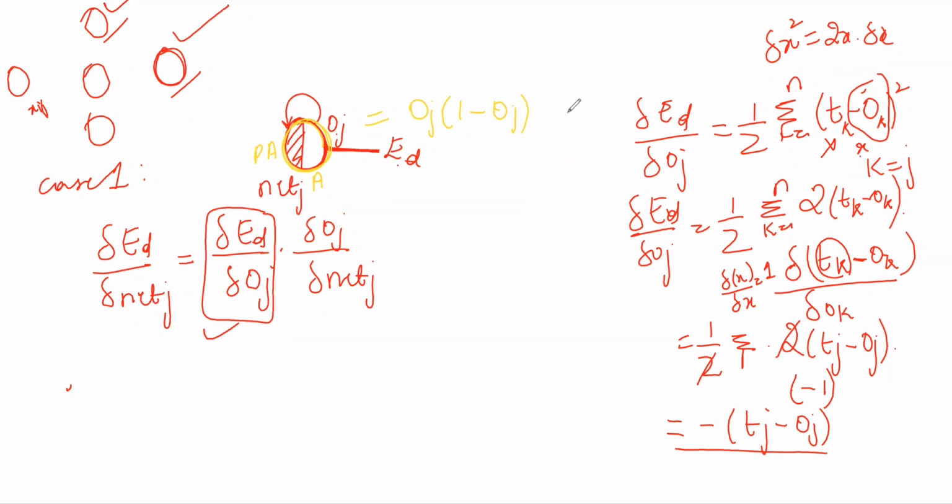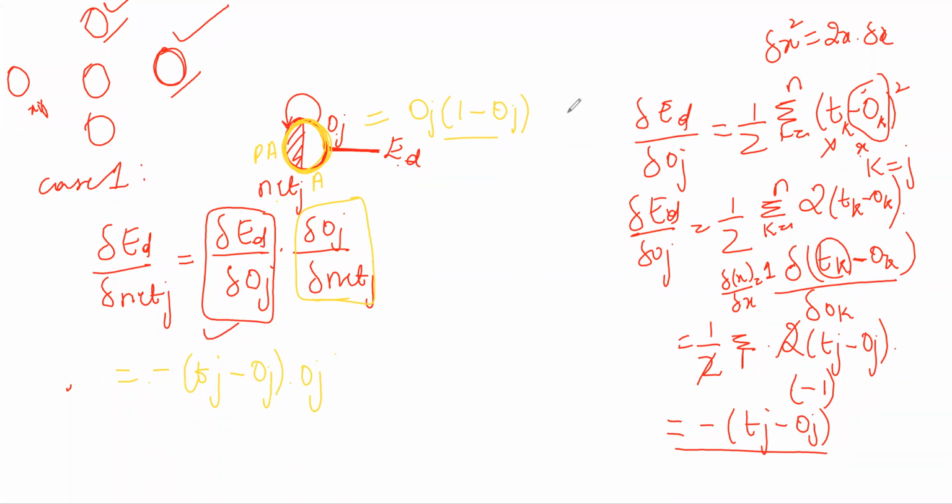We will be using this repeatedly multiple times. For one particular neuron, with respect to delta OJ and delta net J, we will write this term, and there is a very big derivation for that. If time permits, we will look at the derivation, but for now, for one particular neuron, delta OJ by delta net J is basically OJ into 1 minus OJ. So we will finally write this term for the output value as minus (Tj minus Oj) into Oj into (1 minus Oj).